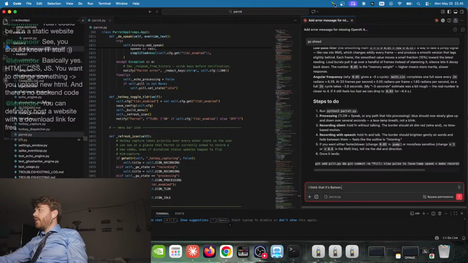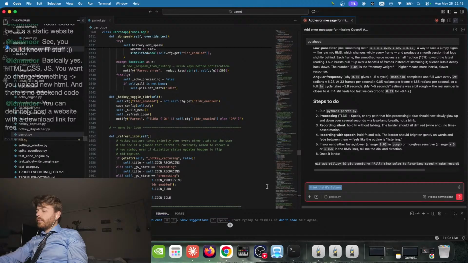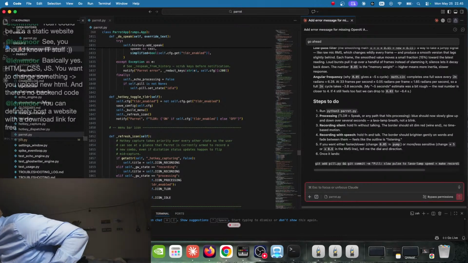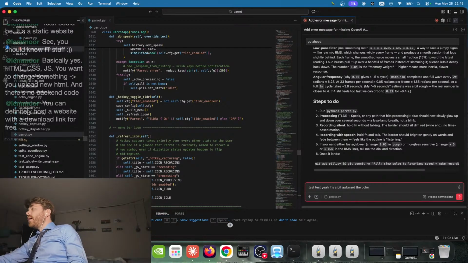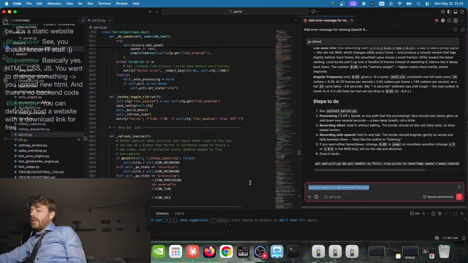Let's test it with the bright one. Light one. Test. Yeah, it's a bit awkward, the color. It looks way better with the dark one now. I mean, I guess it's the same, but